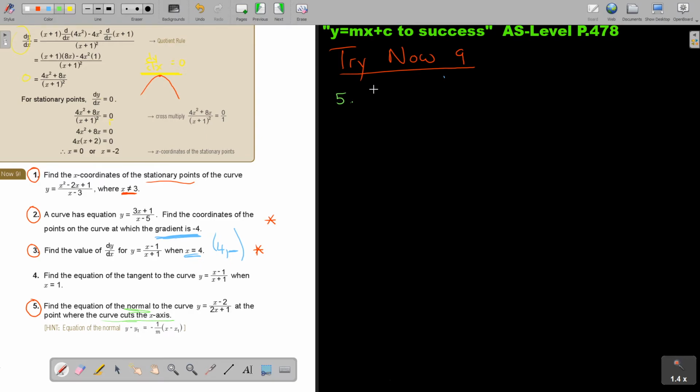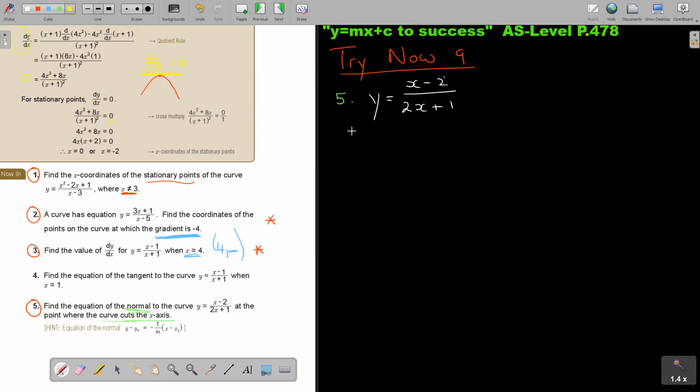Now, I think it's always good. Okay, let's first write the function. I always like starting with the function. But before we differentiate, let's first find that coordinate point because we need it, because it's the equation of the normal. Now, how do we find that? Where the curve cuts the x-axis, y will be equal to 0. So I'm going to say, okay,